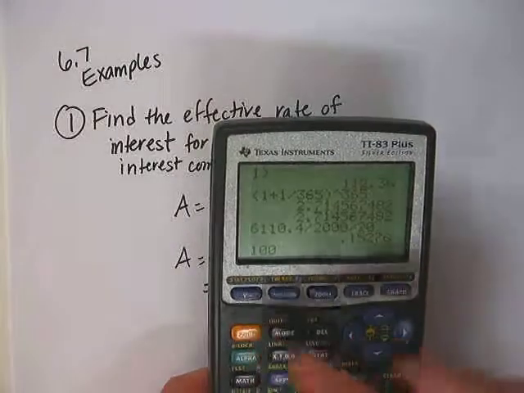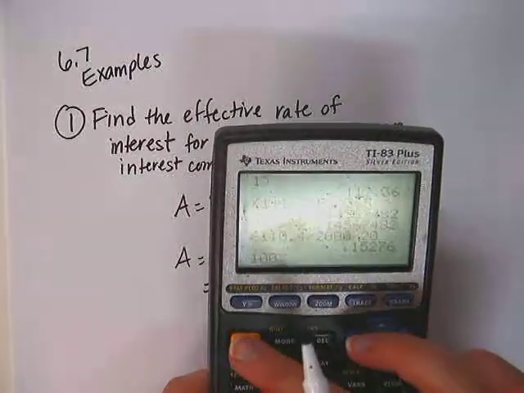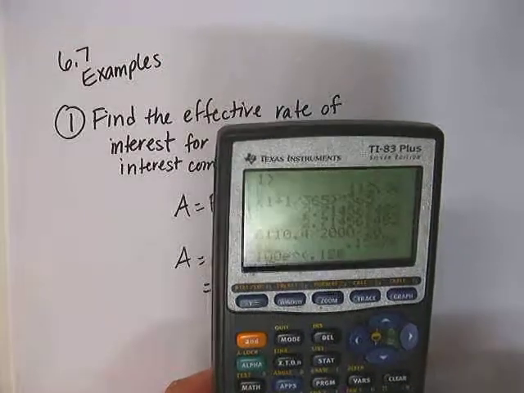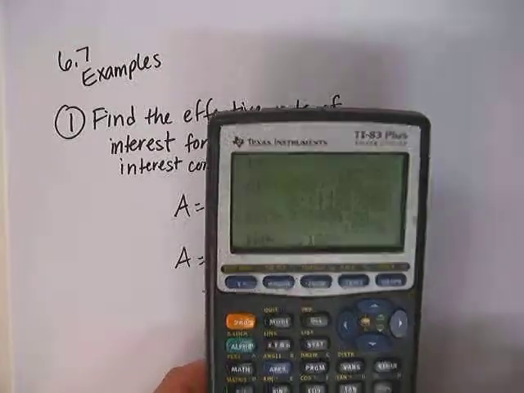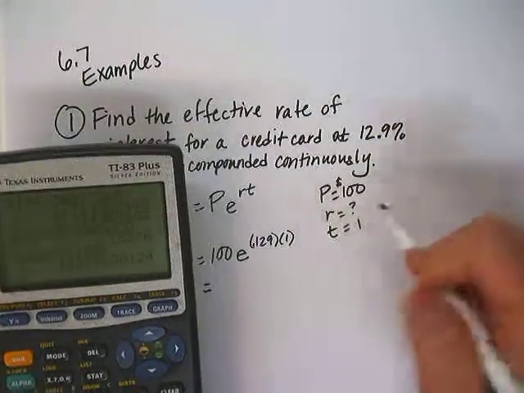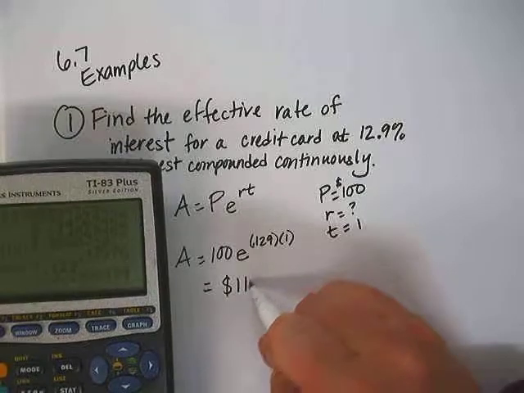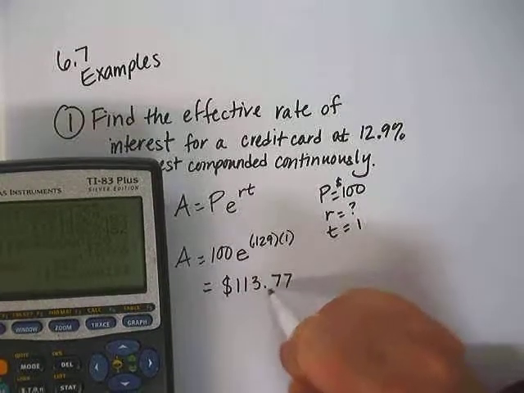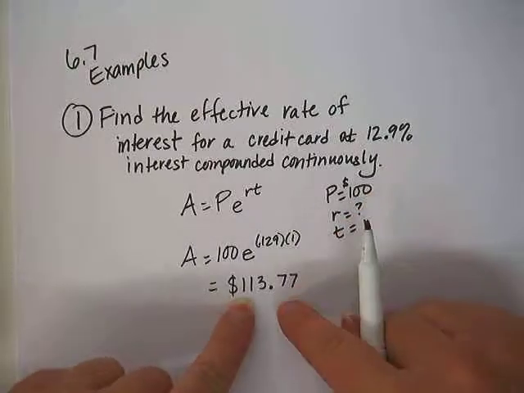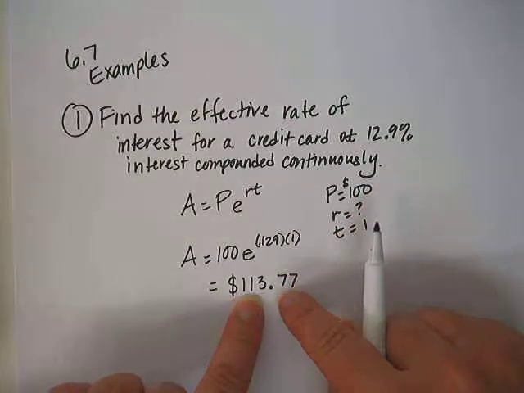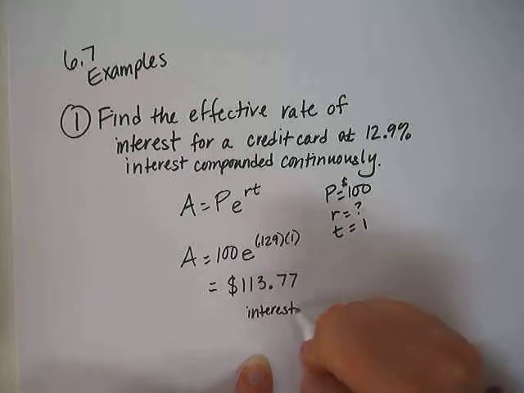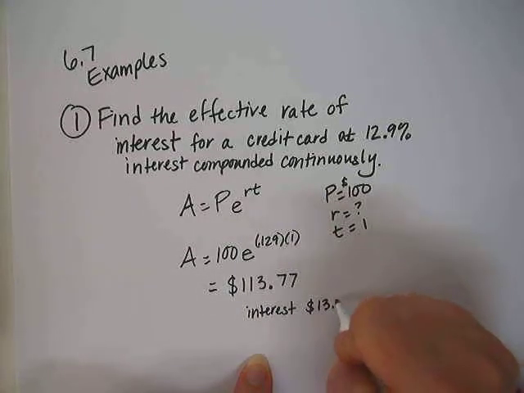100 e to the 0.129 and then times 1 doesn't change anything. So I get $113.77. That means that my original $100 has now turned into $113.77. That means the interest for 1 year is